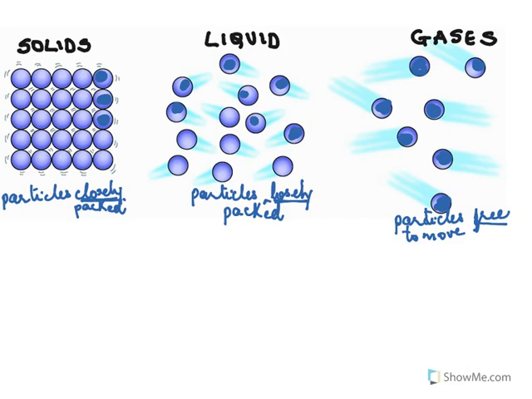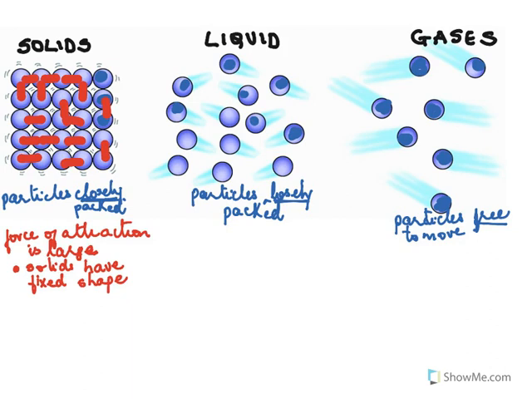Now we go to the force of attraction. Now in solids, since the particles are close, the force of attraction between them is large. There's a huge force of attraction between the particles. And that's the reason why the particles are unable to move around. They're close to each other. And that's another reason why solids have a fixed shape.